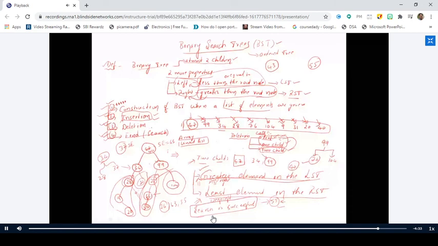But this deletion operation is somewhat complex in nature, where it involves three different cases. The case one is deletion of a leaf node, the second case is deletion of a node with one child, and the third case is deletion of a node with two children. Right? Deletion of a leaf is a simple process where you simply go to its parent, remove the address part and replace it with null. Thereby you are deleting the leaf node.